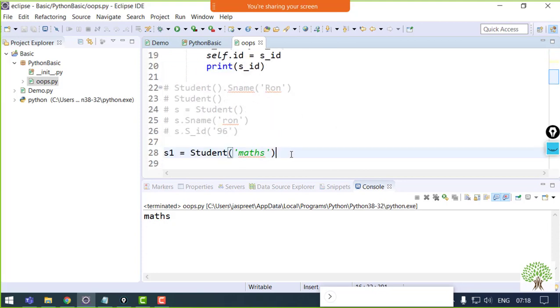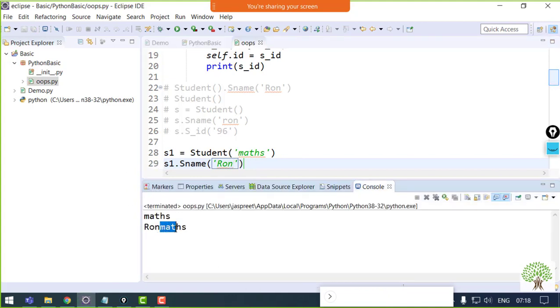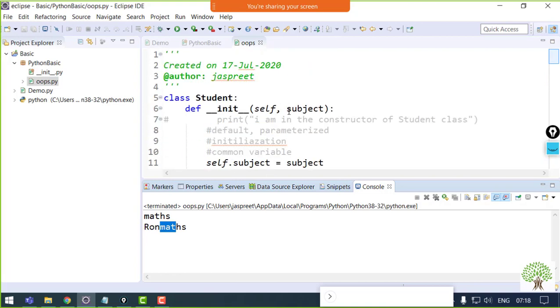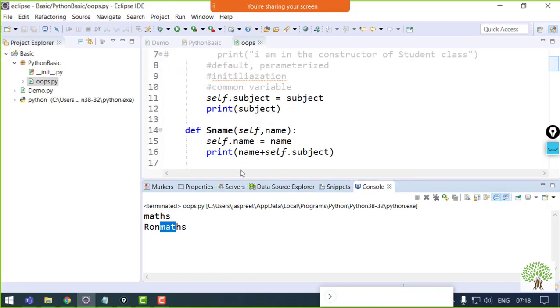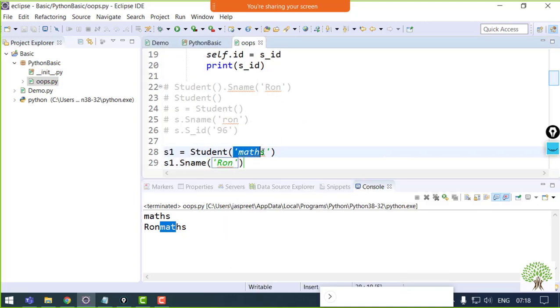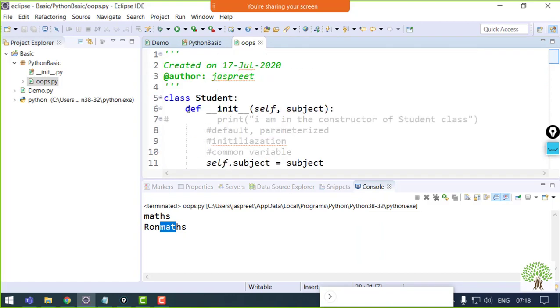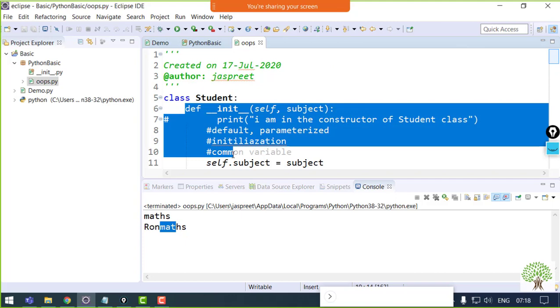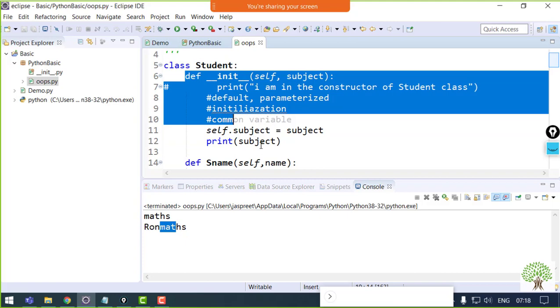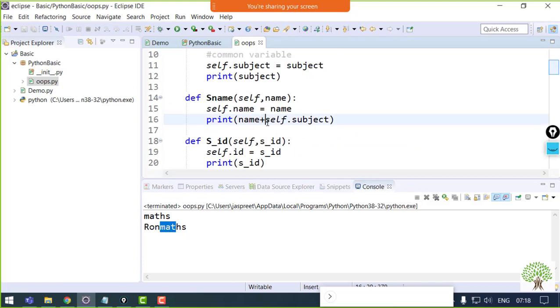Okay, I have not called the class, that's why. S1 dot name. It got no space, so that's why it's coming like this. But this common variable I can use anytime. I can make any number of objects, but this subject will be the same for all, to keep it common. And this init function, this constructor, is going to be helpful in these kinds of initializations over here. Fine. Any doubts over at this constructor point? You may come up.